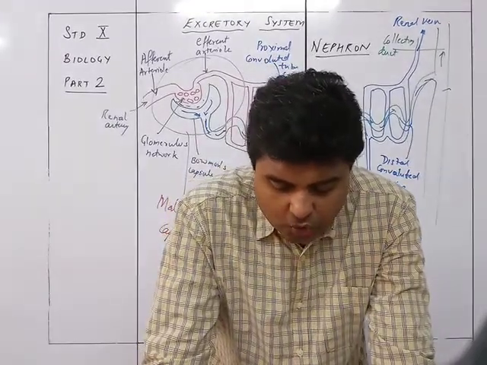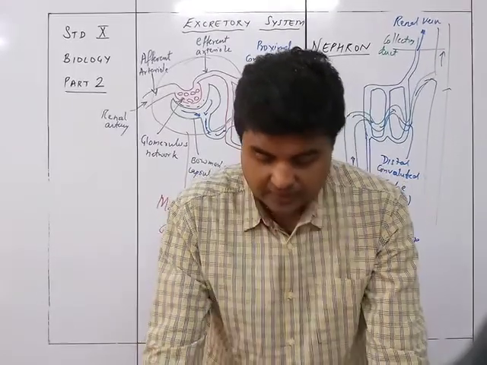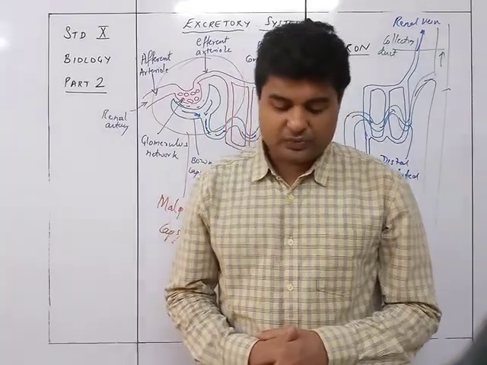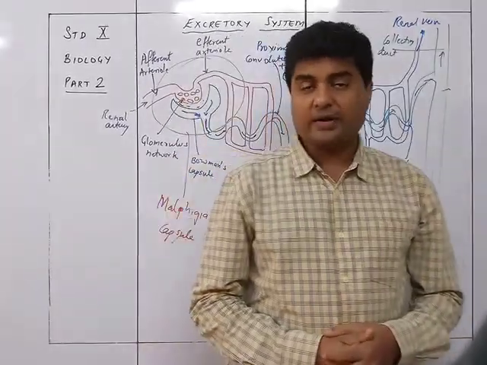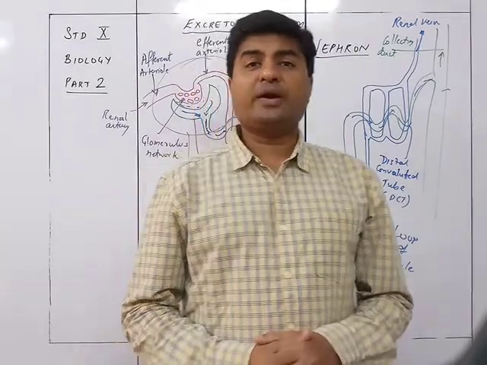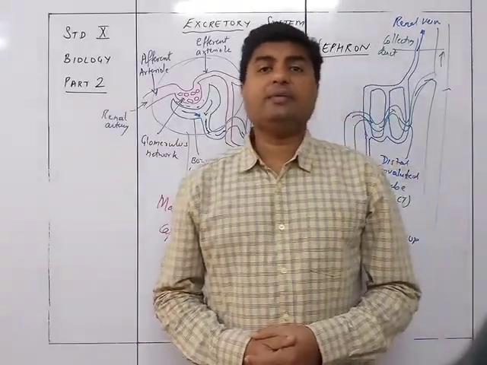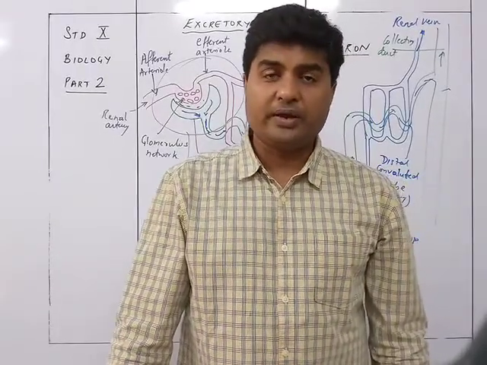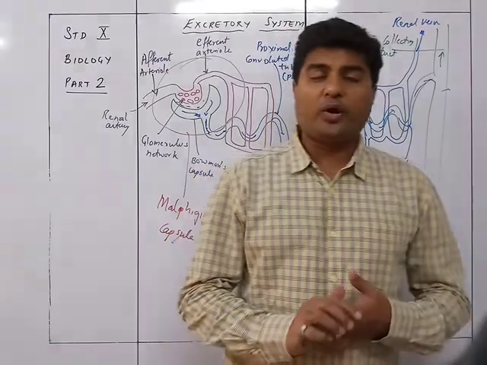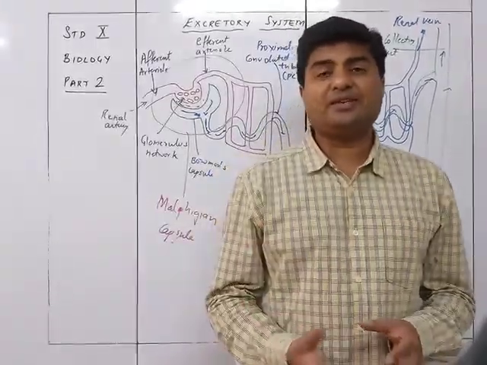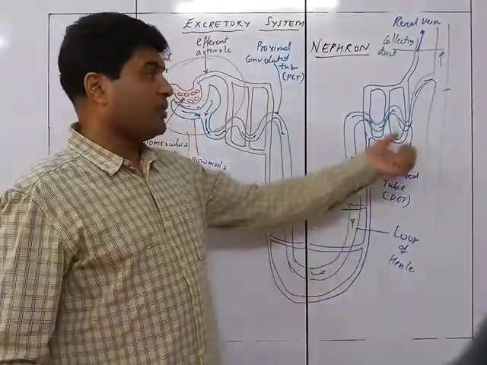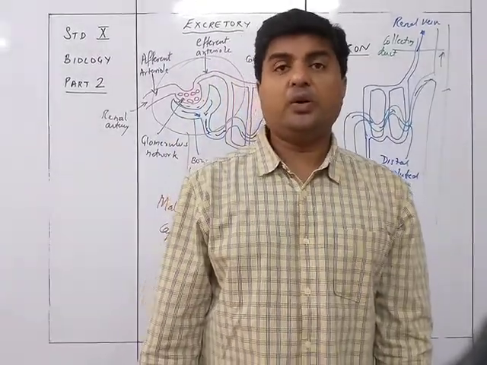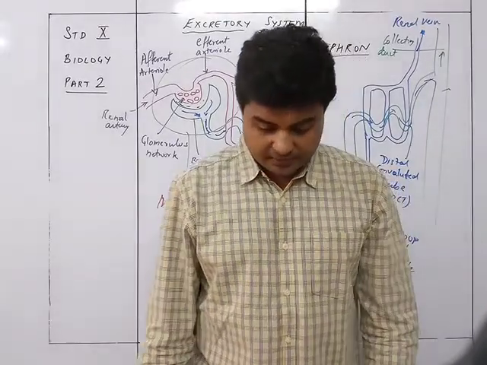The second is glucose or glycosuria. Excess glucose passes with urine due to diabetes mellitus, that is sugar diabetes. Whenever a person is suffering from sugar diabetes, at that time the blood contains a good amount of glucose, which is more than what is required by the body and which is not digested by the body by the insulin. In such cases, that excess sugar is given out in the urine. So urine will have a sweetish taste because it has glucose in it.